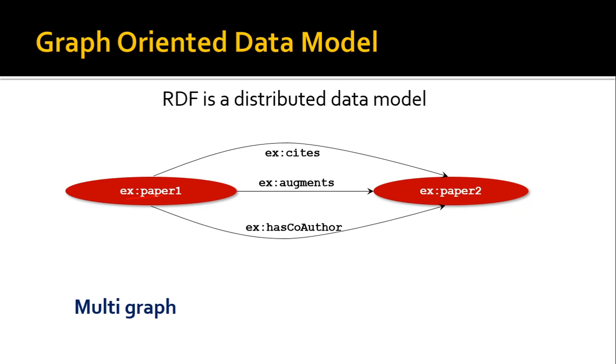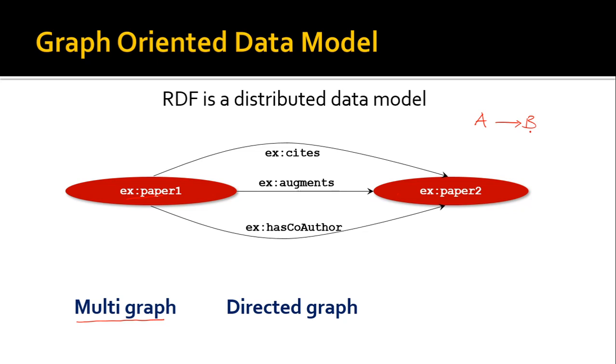So the first thing that is true about the RDF graphs is that they are multi-graphs. So that means if you consider a pair of nodes, there might be multiple paths from one node to the other node. So these kind of graphs are called multi-graphs, right? It is also a directed graph because these relations have directionality from one node to the other node. So even if you say that A is a friend of B,